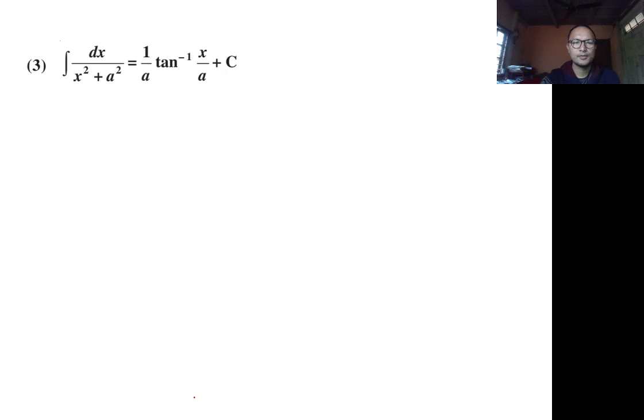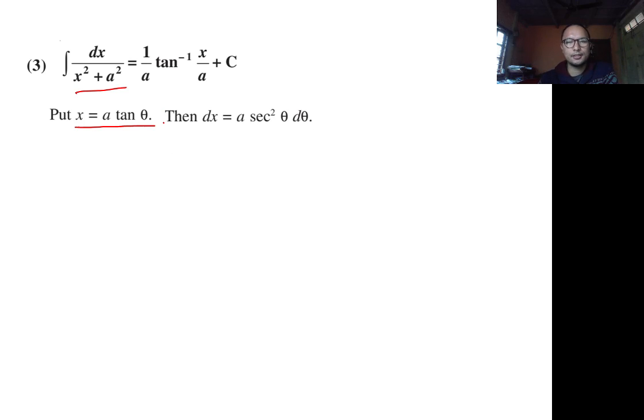Okay. Next. The integration of 1 by x square plus a square is 1 by a tan inverse x by a. So here we are going to use the substitution method. Put x equal to a tan theta, then differentiate it with respect to x. So dx equals a sec square theta d theta. So now if you integrate this,